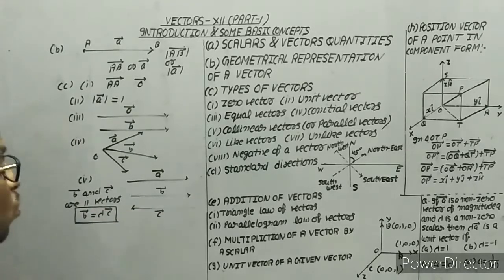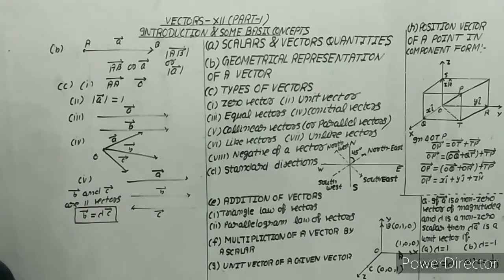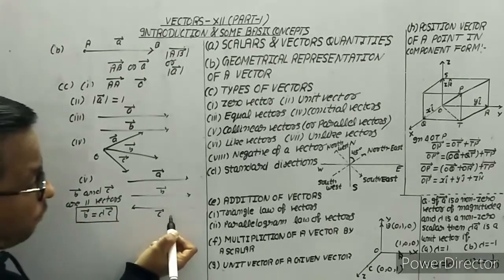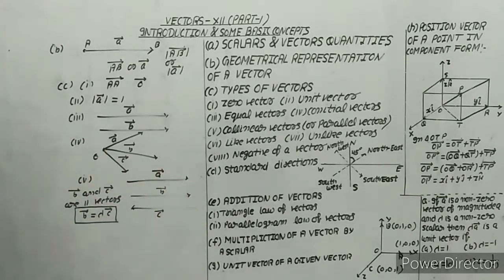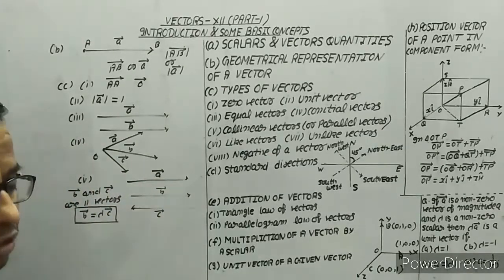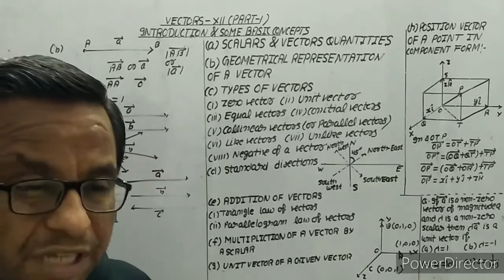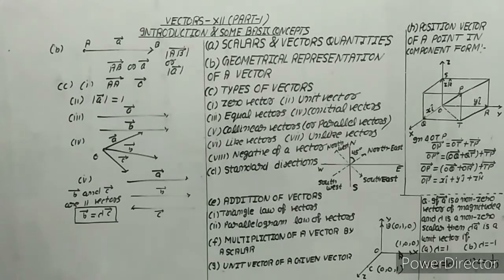If we have two vectors which are parallel, then they may differ in magnitude. The magnitudes of parallel vectors can be different, and the directions can also be different. Now if they are collinear, it means they will lie on the same line only. Here we have different lines, but in general we can say if they have a same common point, then they are known as collinear vectors.